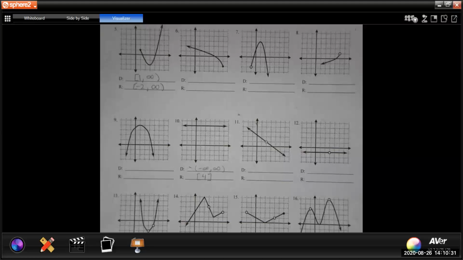Okay. Ms. Flores, for number 12, is it like the same thing as 10? For number